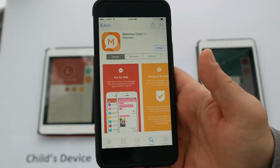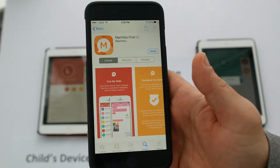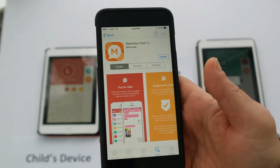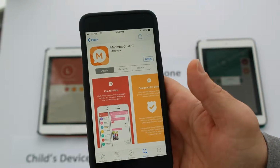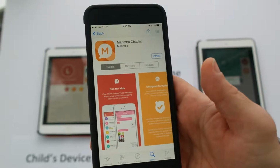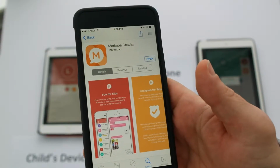Hi everyone, I'm here today to talk about a new app in the iTunes App Store called Marimba Chat. Now anyone who's searched around in the App Store knows that there are probably about 1.2 million messaging apps out there available. The only problem is that none of them are safe for kids. Marimba is actually the first